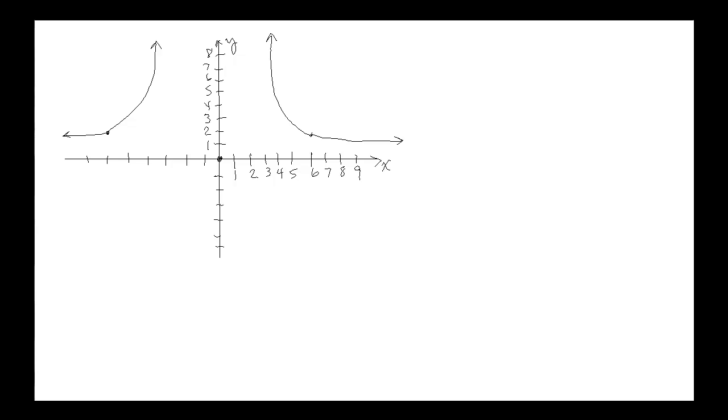And now what's going on in the middle here? Let's take a look at our chart. We can see that we are increasing up to the point 0, 0, and then decreasing after 0, 0. We also notice that to the left of 0, we're concave down. To the right of 0, we're concave down. We'll also notice to the left of negative 3, we're concave up according to our chart. And to the right of positive 3, we're concave up. So we can put together all that information to sketch out this graph.